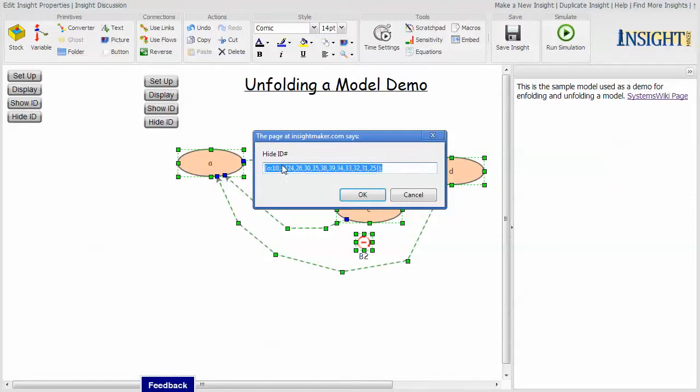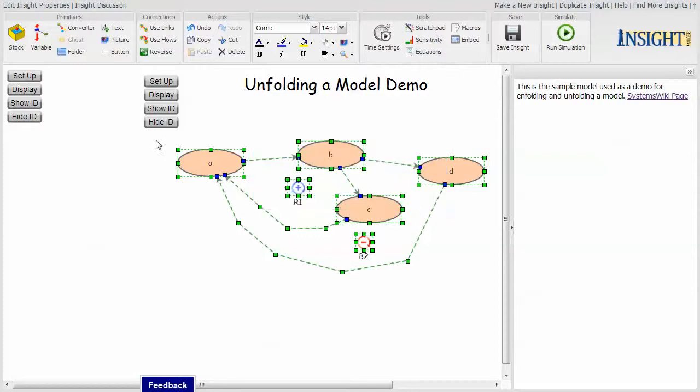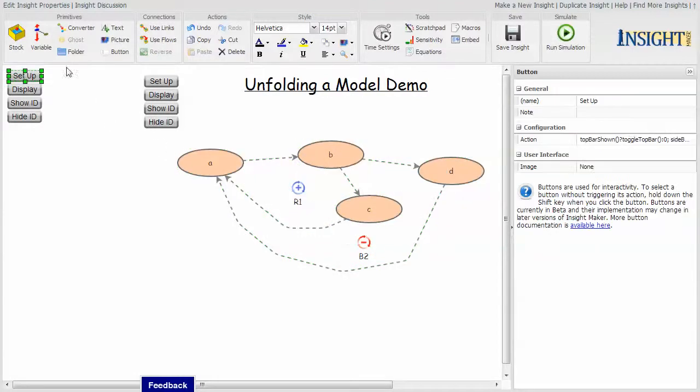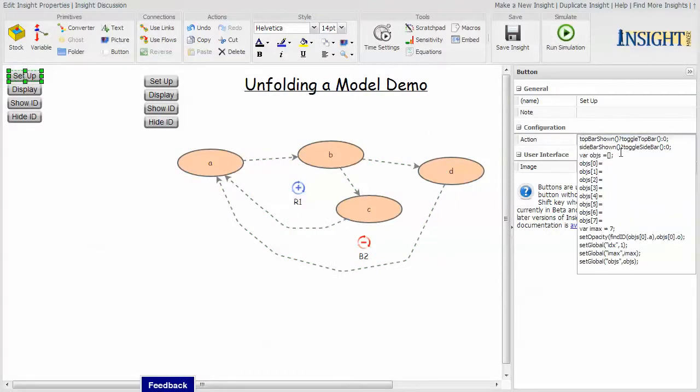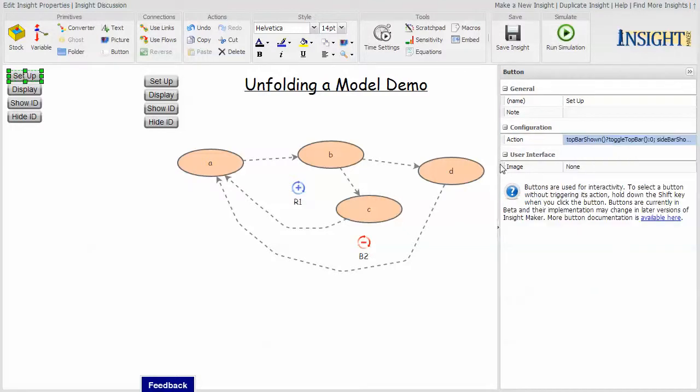So if I now copy this and go back to here and put this in the 0 portion of that field,